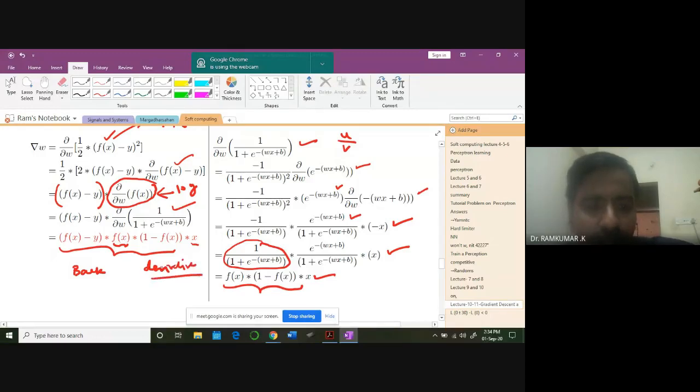In the program, when you're going to compute the gradient, I will take the same function minus y. What is y? Label data. What is x? x is given. You plug in that value inside your log sigmoidal function and you get f(x), 1 minus f(x), and I know x. So I can simply compute the gradient without taking the derivative at all. Simply plug in these values.